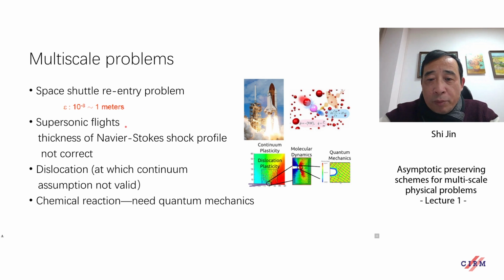And if you solve supersonic flow using the Navier-Stokes equation, then you find that if the Mach number is bigger than 1.4, the thickness of the shock profile of the Navier-Stokes equation actually is not correct. Okay. And if you study the dislocation problem, for example,